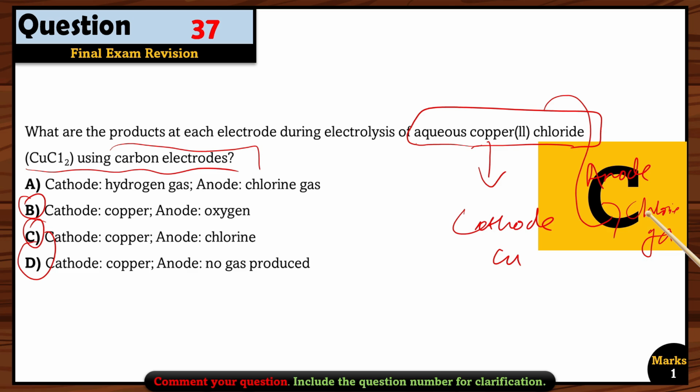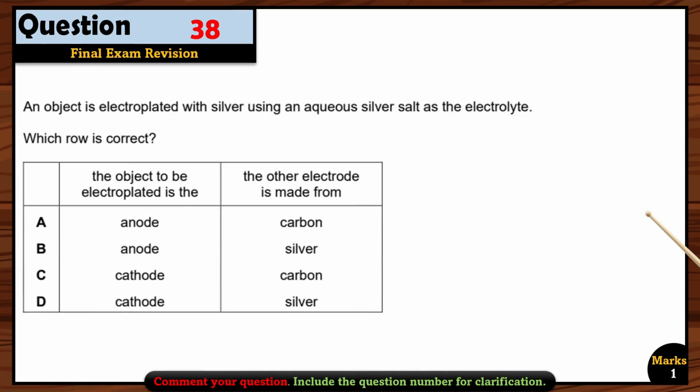Okay, but if you have copper electrodes and your electrolyte is also made up of copper, then your product will always be at the cathode a metal, that is copper, and at the anode it will be copper ions. Okay, copper ions, if the electrodes are made up of copper and the electrolyte is also a copper solution. Okay, let's see question 38. An object is electroplated with silver using an aqueous silver salt as the electrolyte. Which row is correct? So for electroplating, you have to remember this always, that